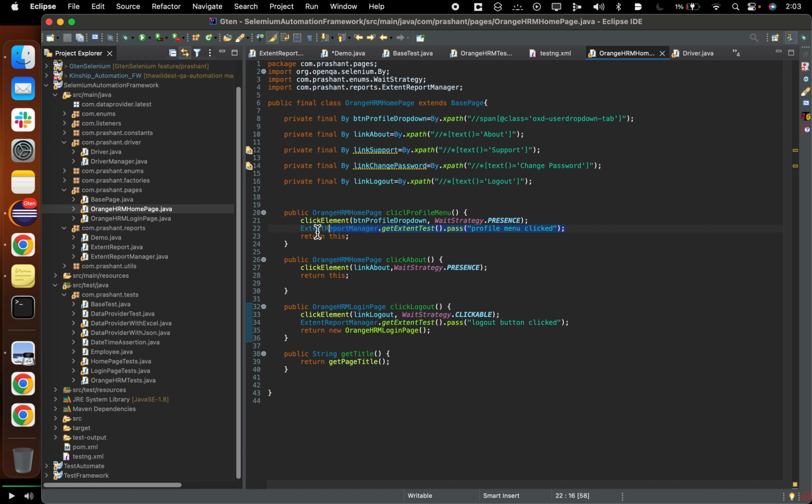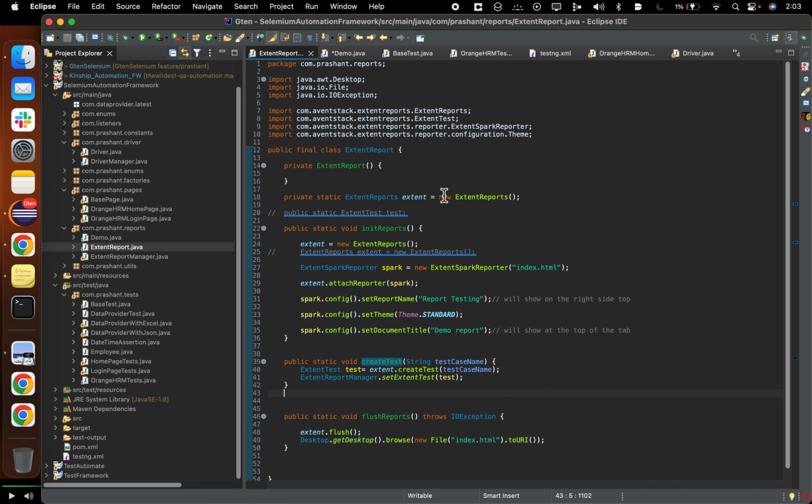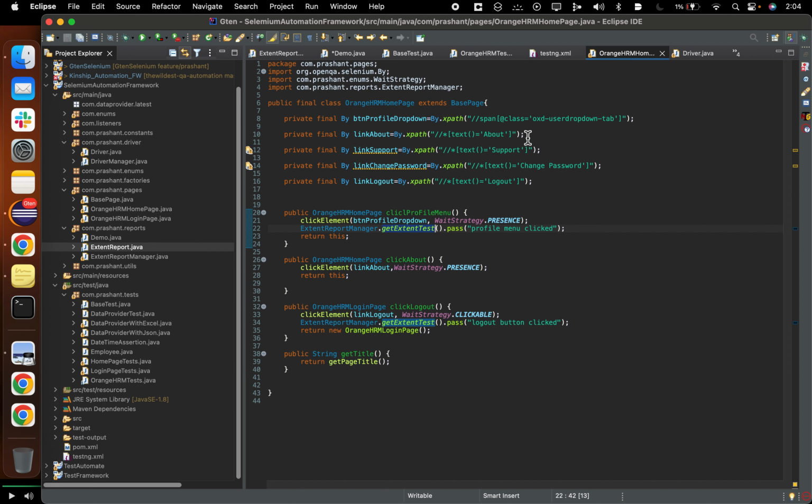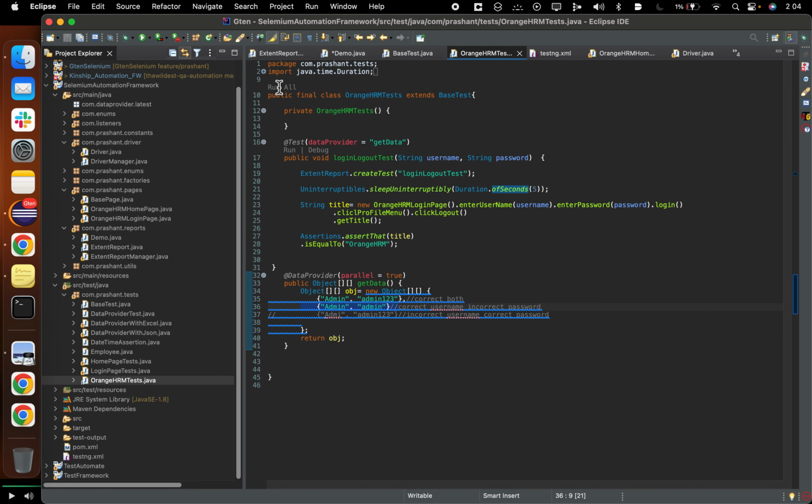So here I have done extent report dot. So this was test initially. Okay, this was initially test.pass, because here we were declaring one reference variable as test. This one, extent test was there, because here test was there, so I had put a test here, because this needed to be accessed, right? Here it is not needed, but I removed this. Sorry. So to access this particular test in this one, right, at that moment, just forget it for the moment. It was like this. I'll show here. Where is it? It was something like